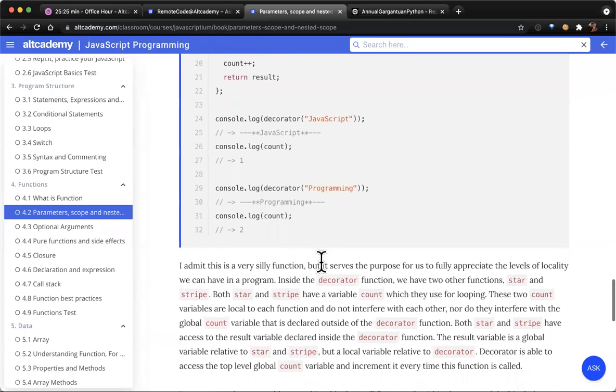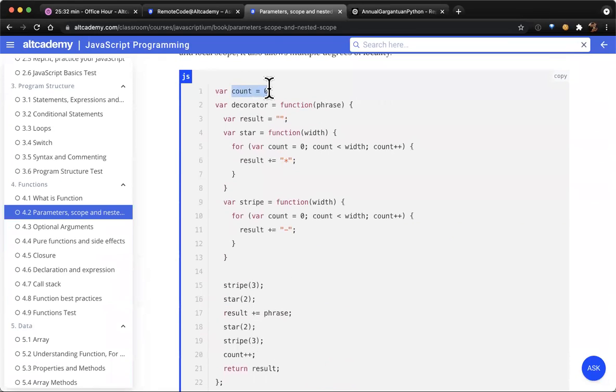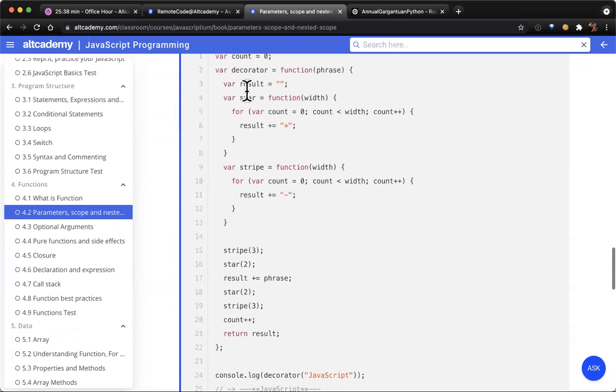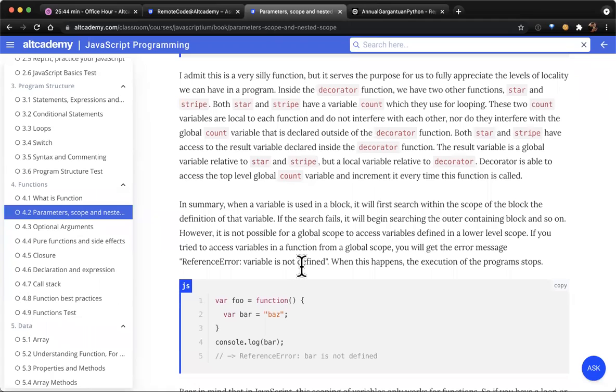So if we run the function again, count is going to be 2 because count is a global variable. It keeps the memory. If we put count inside, it will always be reset to 0. So that's a difference. When you have a local scope, everything inside the scope of the function is recreated when you run the function.